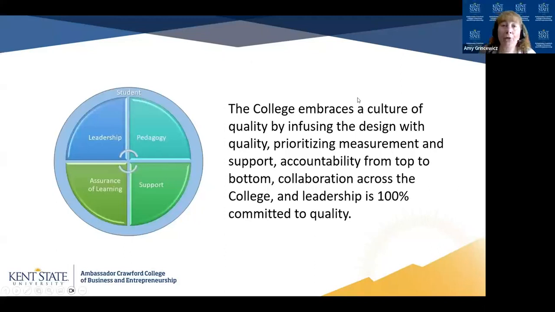And so we go back to our quality assurance pie, where we've got the student at the crust, because they are the ones who are giving us all the data that help each of our pieces. And I can say over the last several years, the college really has embraced a quality assurance, a quality mindset, that just started out with one program, and now it's infused with every program, every course.